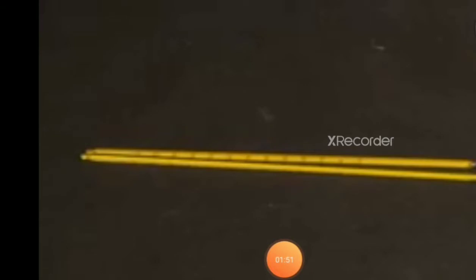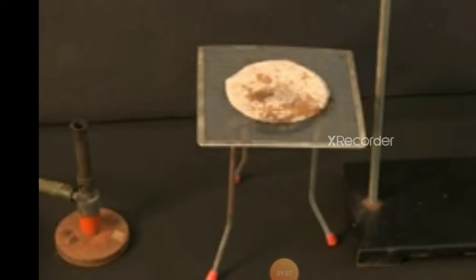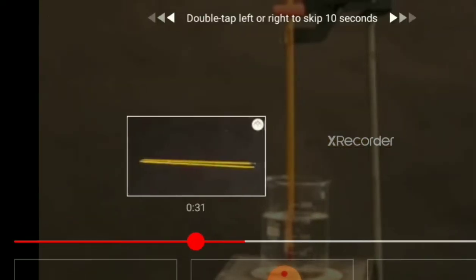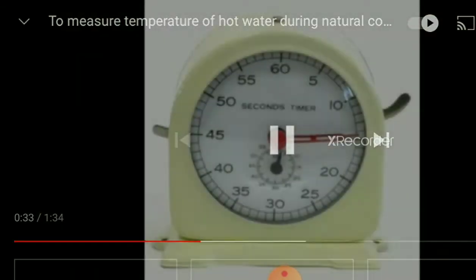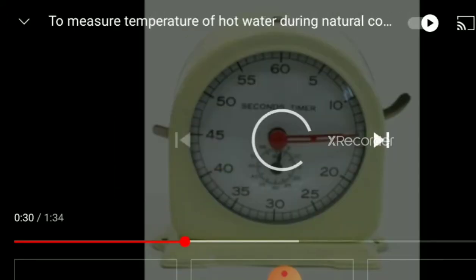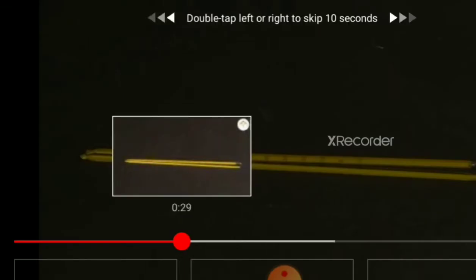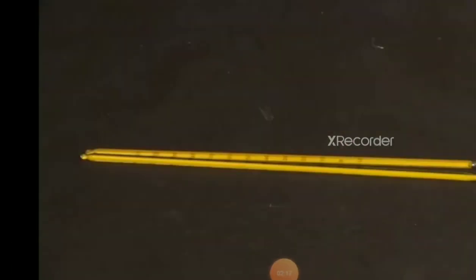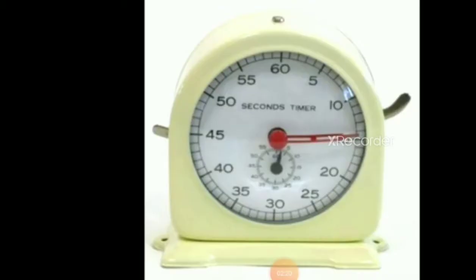Children, now I'll show the video, and at that time I'll also explain how to do it. We have to take this stopwatch. We'll see from the start. Let us see now. See, we have to take a beaker, thermometer, stopwatch,